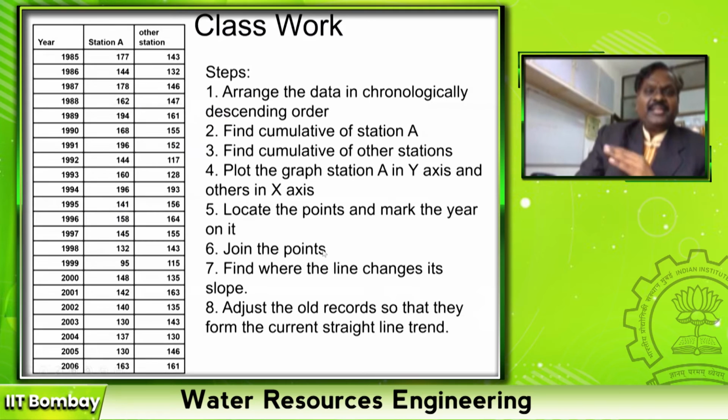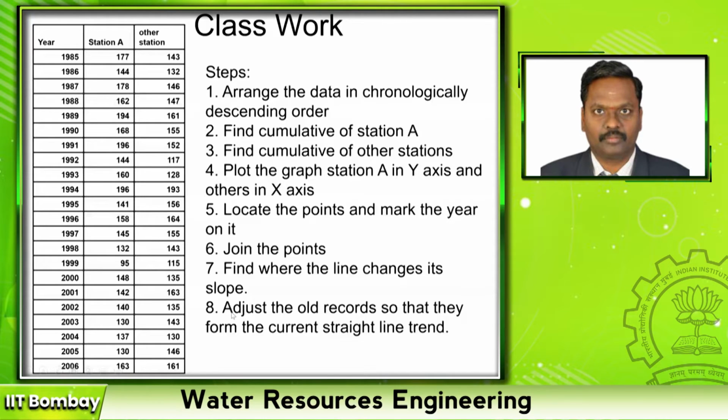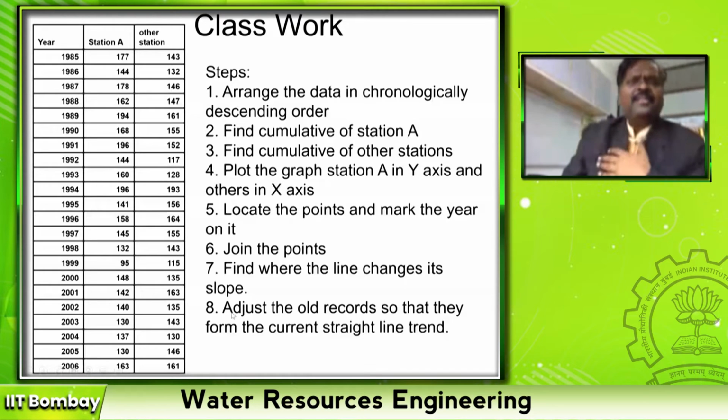Let us assume that there are rain gauges. Wait, I want the board, right? So I have 5 rain gauges here. Okay, 1, 2, 3, 4, 5. Now I want to check the consistency of this one particular station 1 with all other 4 stations. So I assume that data is continuous. Then I do this simple methodology, right? Okay, so now this is the step.